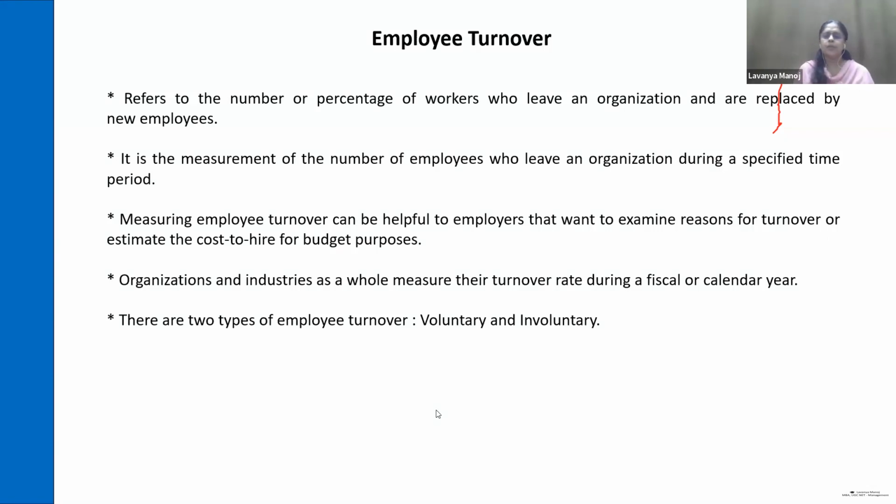So two or three people leaving a company in a year or in a six-month period, that's quite normal. That's fine. But imagine a big organization where thousands or hundreds of people are working, and in a month, it has become usual that 10 to 12 employees are leaving the organization. So calculate it for a year. And of course, the organization will be hiring new employees as well. And again, turnover may happen.